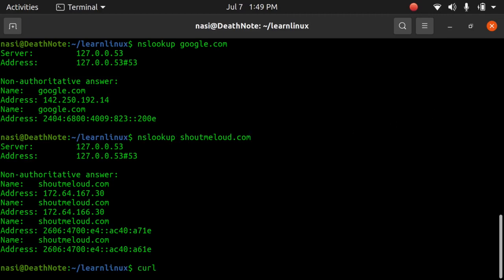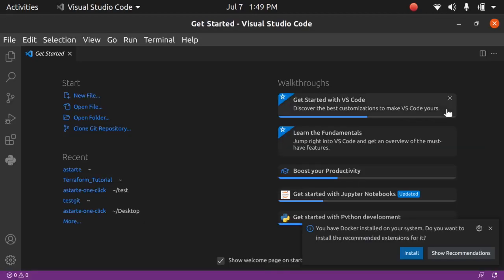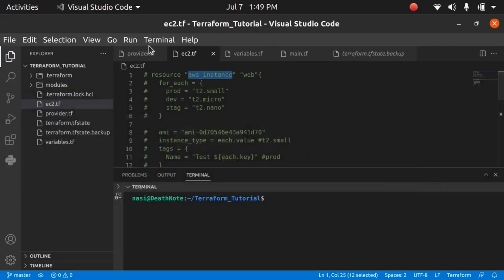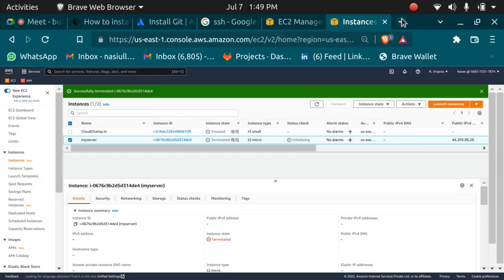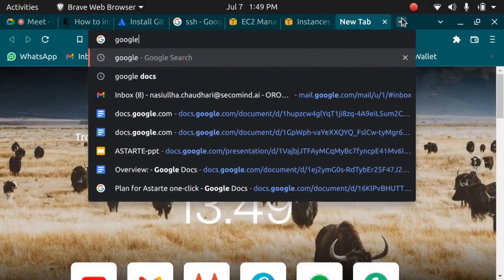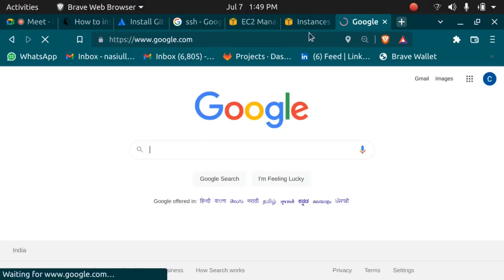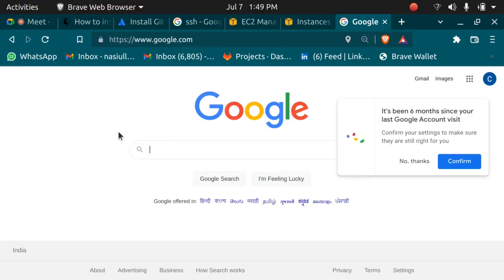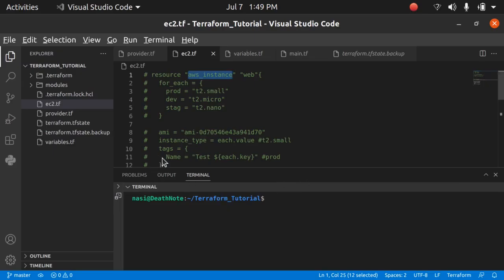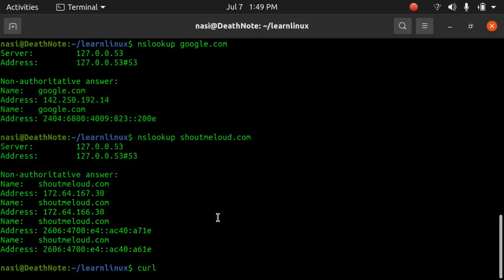If I want to get the contents, let's say if I do it graphically, I can go here, I can go to google.com, and what can I see here? I can see a Google logo, a search box, Google Search, I'm Feeling Lucky, everything. So I can do the same thing using commands as well. So if I curl google.com,